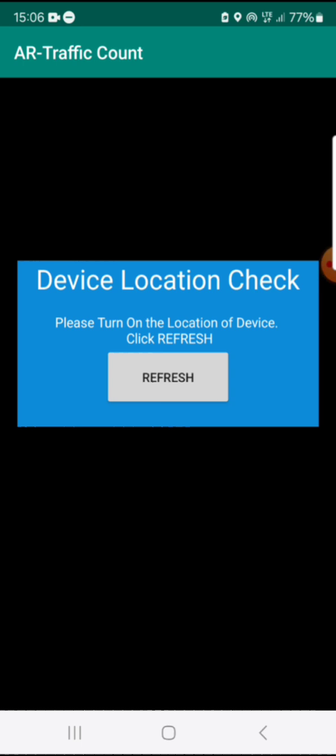So AR traffic count, this is the mobile GPS base which works both in online and offline. It has been developed to do the vehicle count according to the vehicle class categories. So after having your license sorted and making proper communication with myself and my colleague, this is what you get